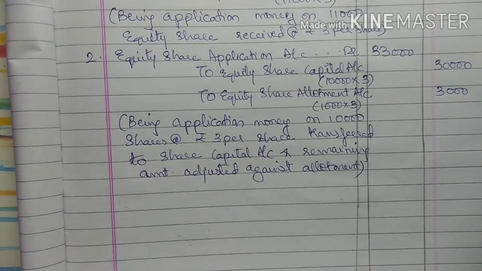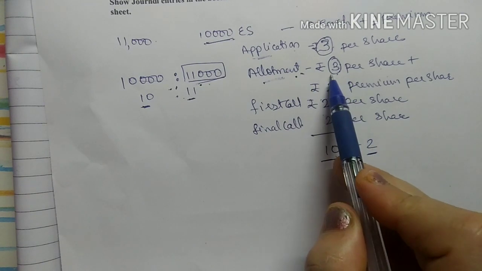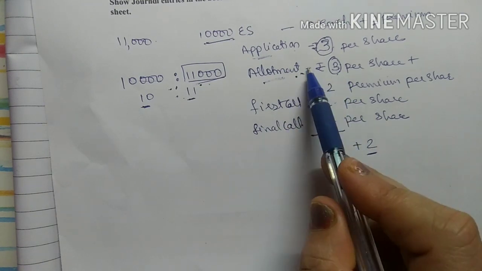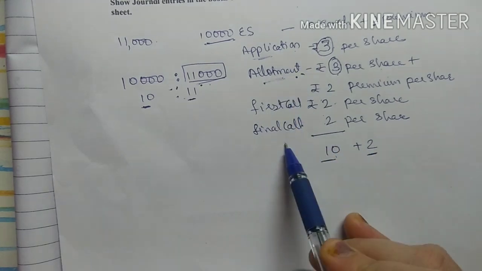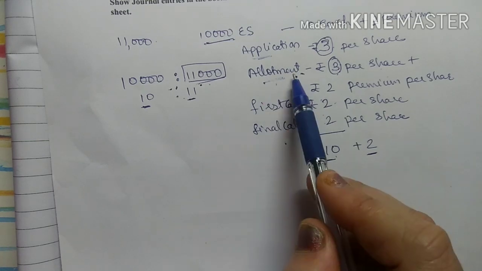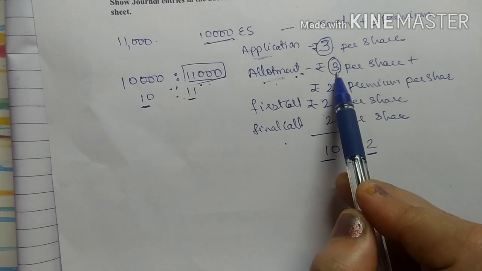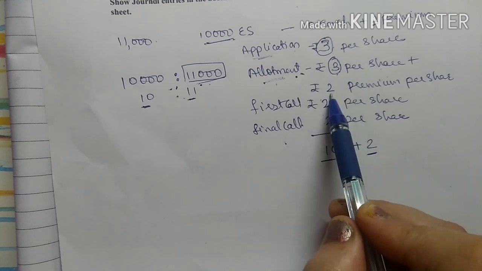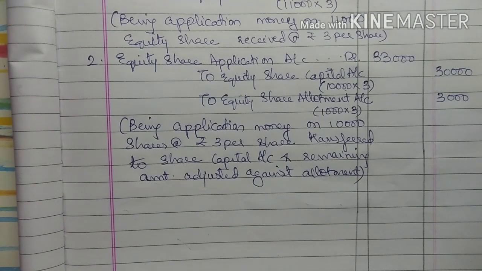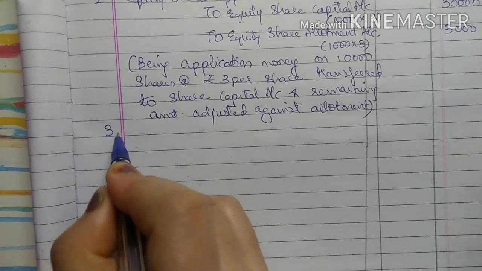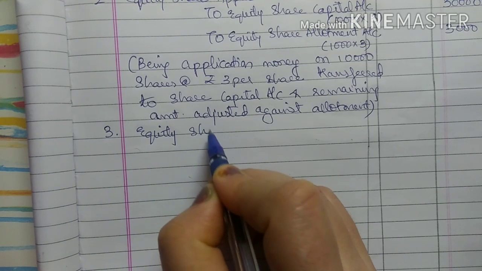Now we will see the second stage. Second stage is what? Allotment. Now in allotment, the company, from the second stage, first company will make a call. सिर्फ एप्लीकेशन में पहले पैसा आएगा फिर ट्रांसफ़र होगा. बाकी ये सब स्टेजेस में पहले कॉल करेगी कंपनी, then public will pay the money. So allotment will be called on, and for allotment there is 3 per share for allotment and 2 premium is also called up. So next entry will be for allotment money called up, equity share